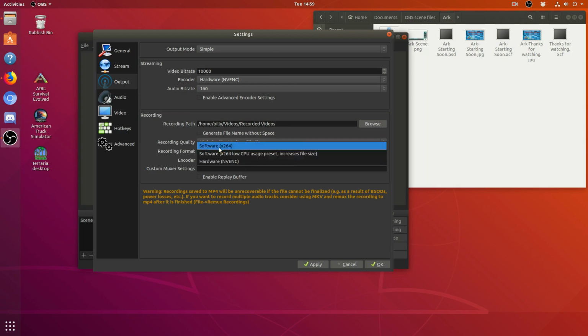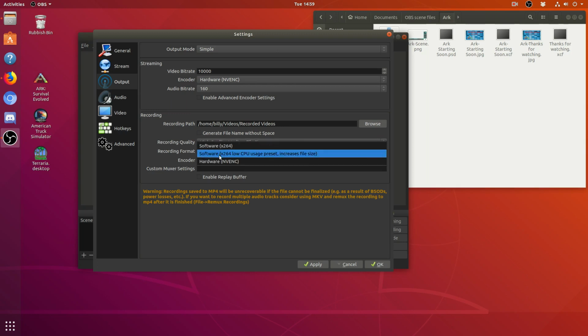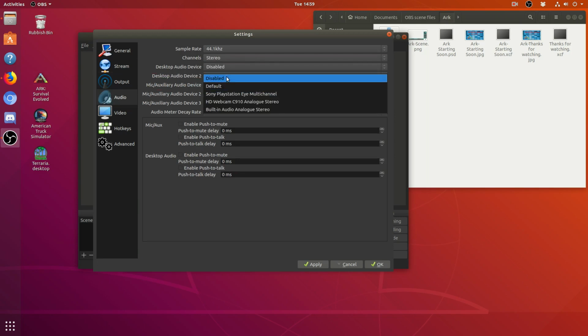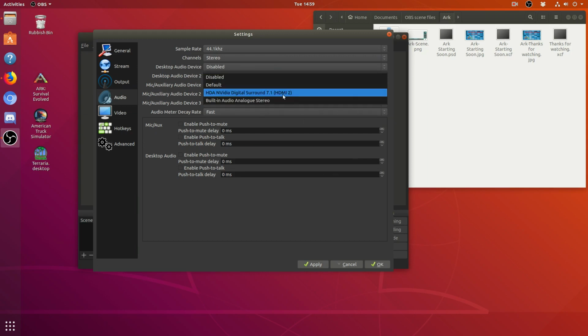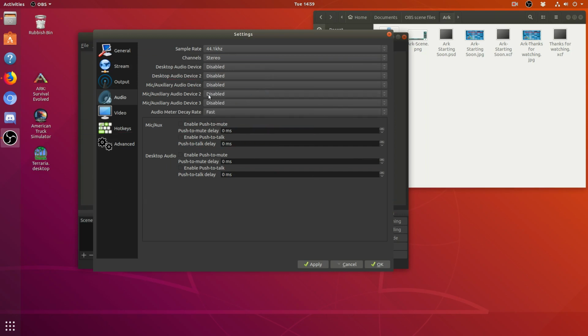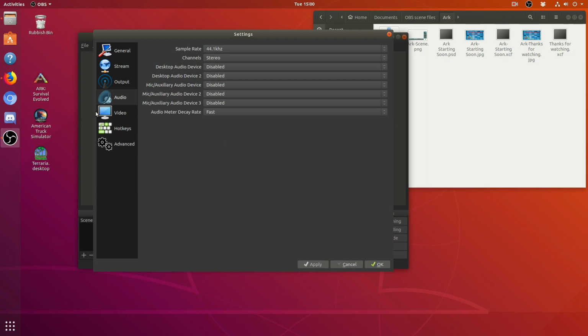Obviously the encoder, again, you've seen software, low CPU, and hardware. And your audio, 44 kHz stereo, desktop audio device disabled, default microphone disabled. Your choices in here will of course vary depending on your system. I've got a PlayStation Eye HD webcam and this mic that I'm speaking through at the moment. If you want to disable all of them, you can choose whether or not you want to push to talk, push to mute, anything like that. I'm going to apply those settings, and